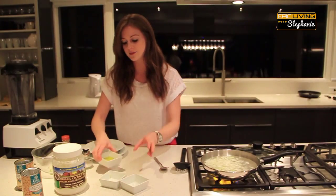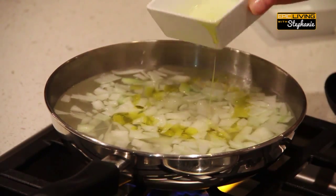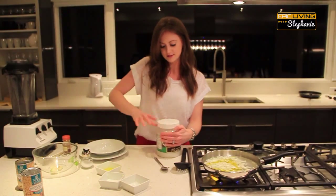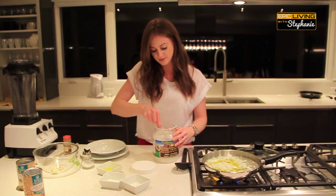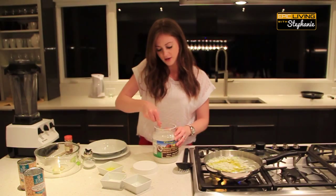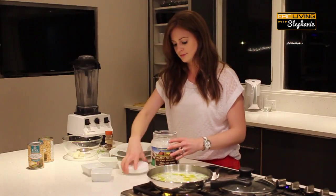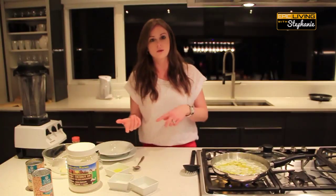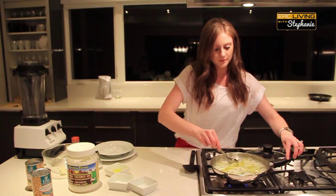And then I'm going to add about, let's say, 2 tablespoons of olive oil. And I'm going to take my coconut oil, which has some great health benefits, which is amazing. And I'm going to put about a teaspoon. I've changed my mind. I know I said earlier about 2 tablespoons, but do about a teaspoon, because we put a lot of olive oil. If you wanted to put less olive oil and more coconut oil, then you can substitute back and forth. So I'm going to bring that to a simmer,